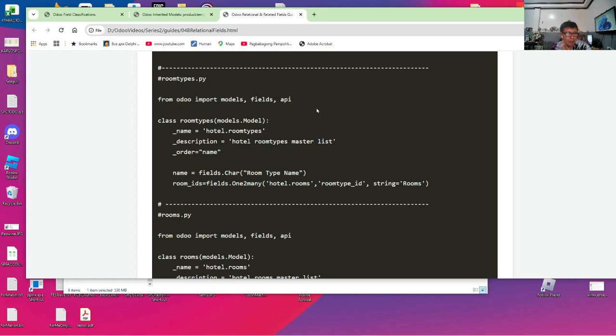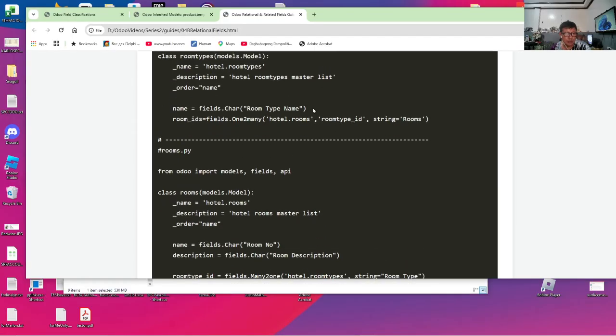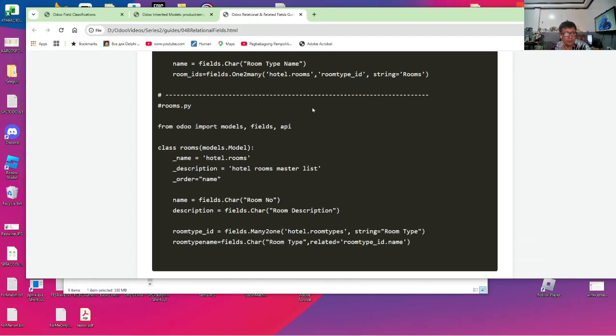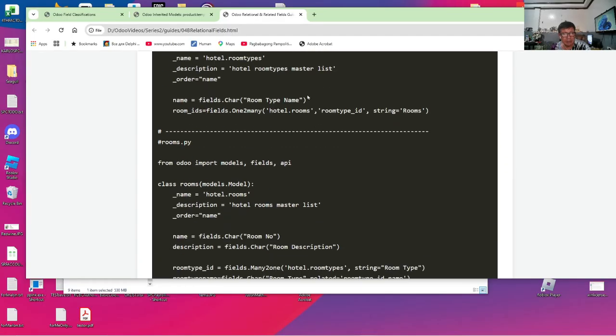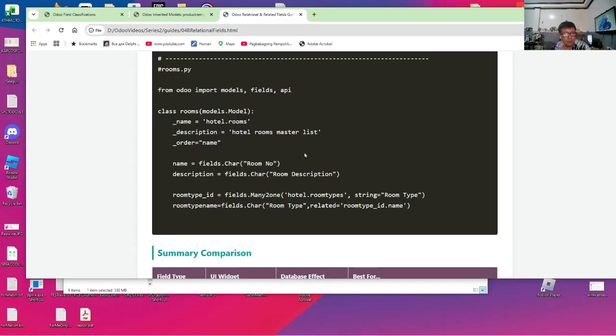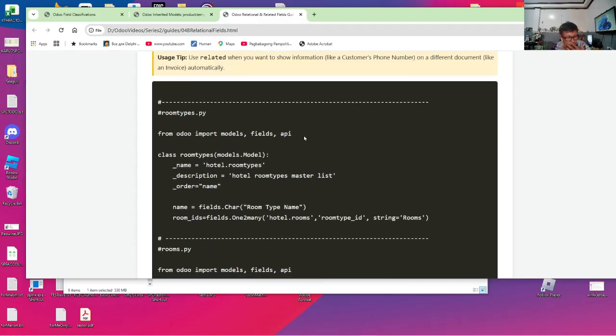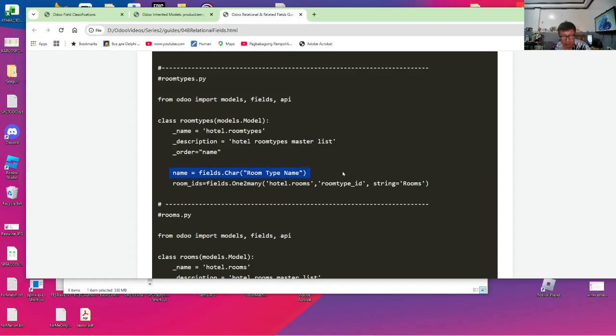Let me give you an example involving an actual set of models that we will use in our project. We will have room types and rooms, where rooms are assigned particular room types. But sometimes, if you want to get the room type name assigned to a certain room, you don't have to duplicate the room type name in the rooms model. Like in this case, we have a room types model which has a name, shall we say a double room, a single room, a matrimonial room, and so on and so forth.